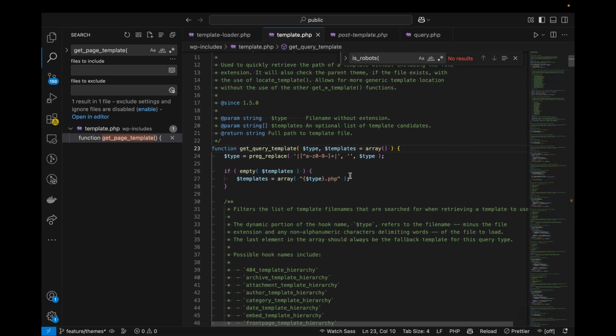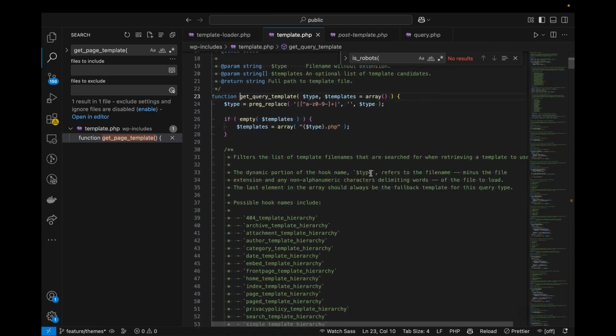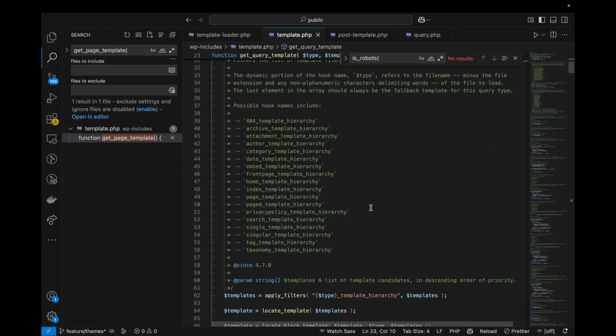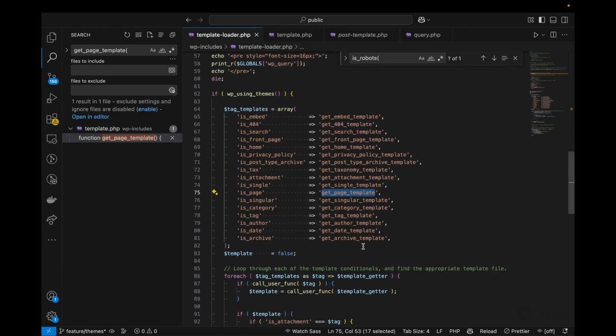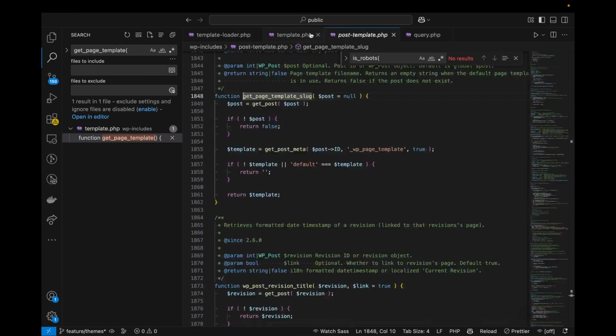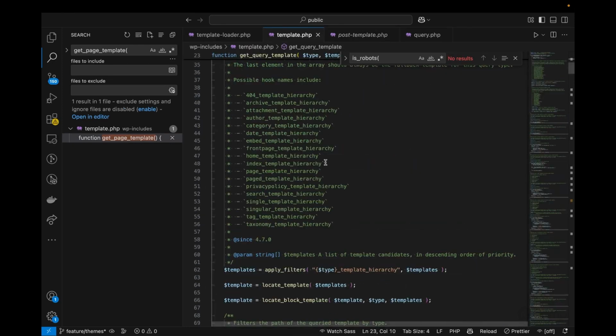If no templates are found in the list, WordPress will fall back to the page.php based on the template type. Then the getQueryTemplate function will be called by all the functions defined in here. These functions construct the templates based on this hierarchy. Each of these functions will call the getQueryTemplate, which is why you can see filters like 404 template hierarchy and